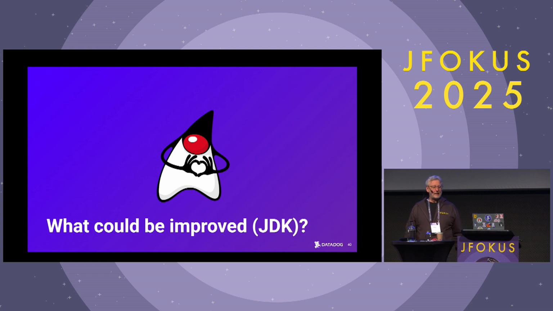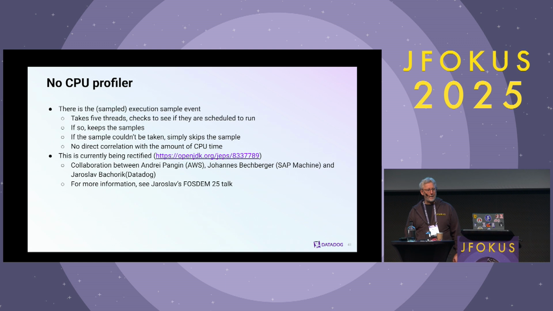So, what could be improved? I'm going to mention two things, and one is actually underway, so it's kind of happening. In the method profiling tab that I showed you from JMC earlier when I was talking about sampling profilers, that was built up using the execution sample event. The execution sample event is not a true CPU profiler, it's an approximation. It takes 5 threads, then it checks to see if they are scheduled to run. If so, it keeps the samples. If you had some trouble getting the sample, you would just skip that sample. If you couldn't walk the stack,